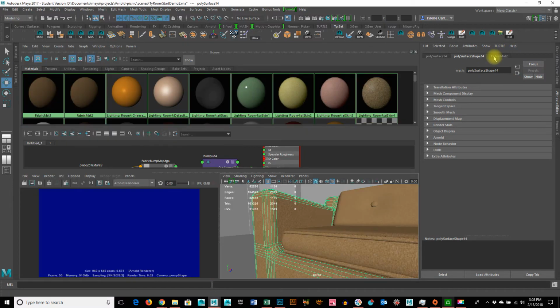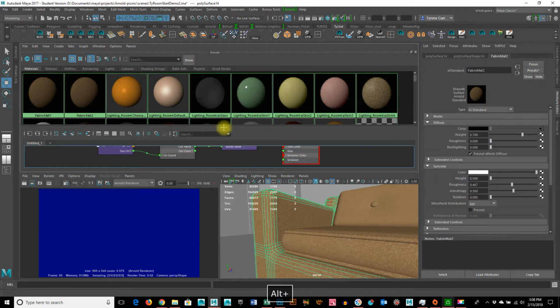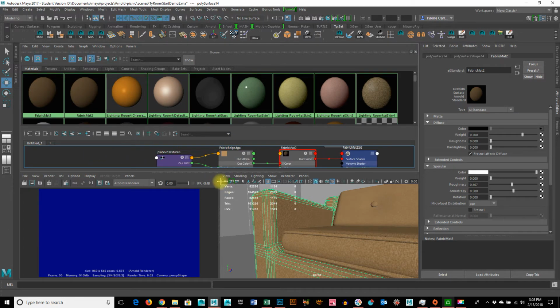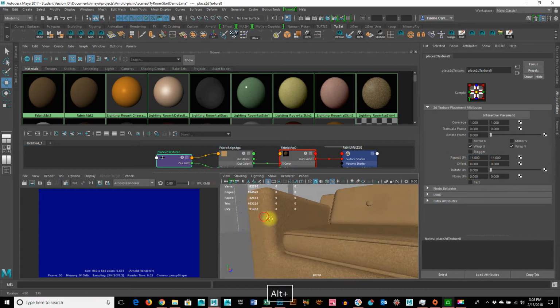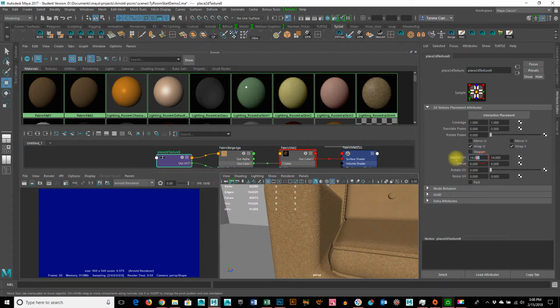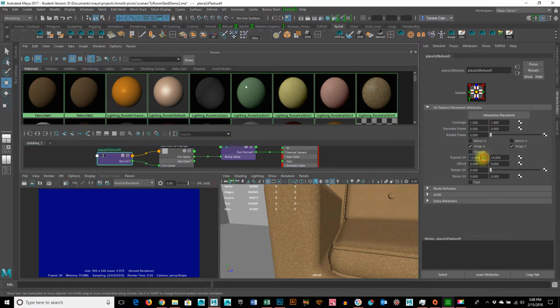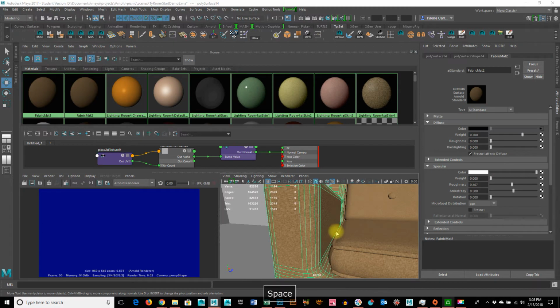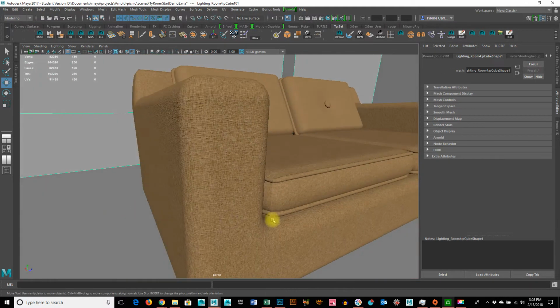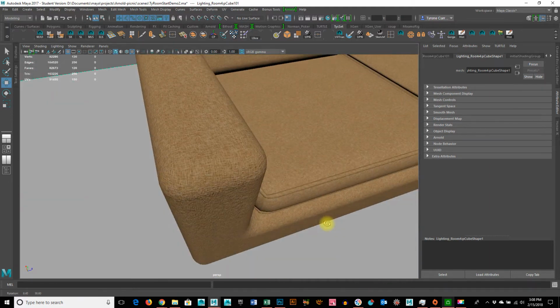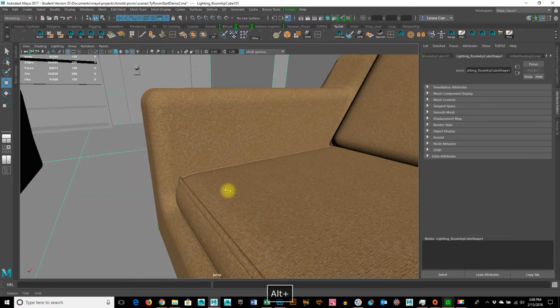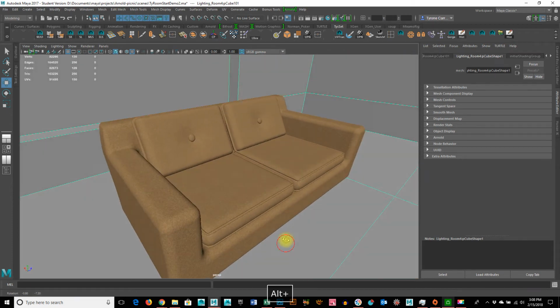Thinking a little bit more. Let's try 16 by 16 and match the bump map to it. So I basically just want them to match up. And once I have those matched,